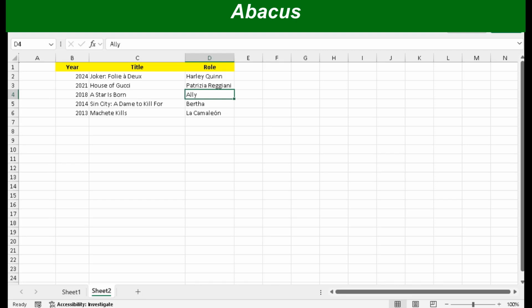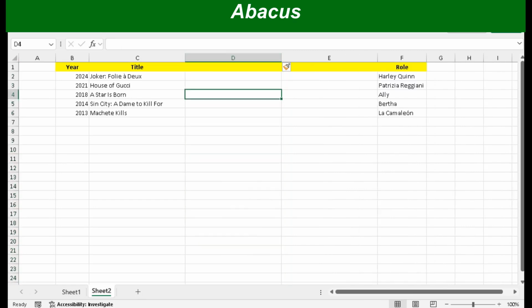Useful shortcuts of Microsoft Excel with which we can select, insert, and delete an entire column or even multiple columns